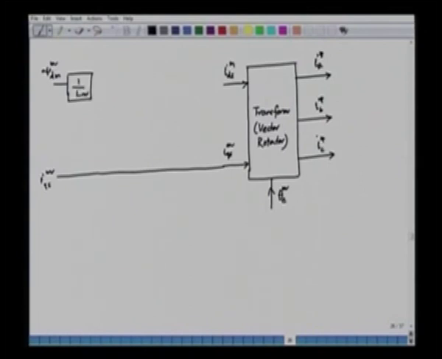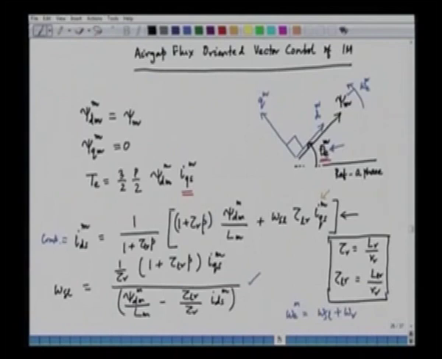So, what we are trying to do here, we are essentially trying to implement this equation. We are trying to find out IDS from this equation. So, we have to keep this psi dm constant, and IDSM becomes a function of psi dm, which is this quantity,